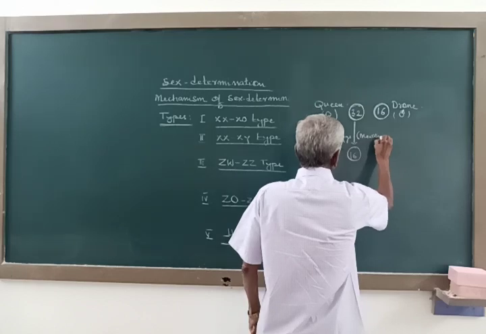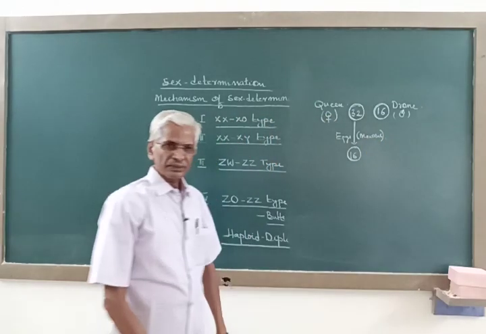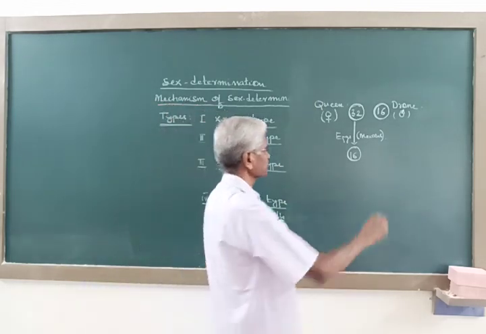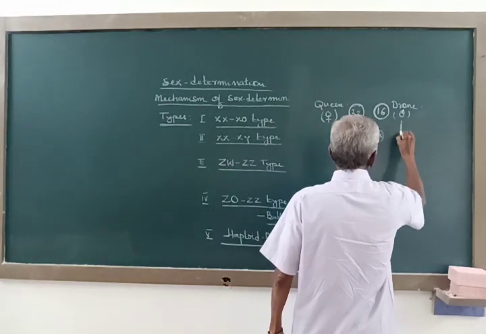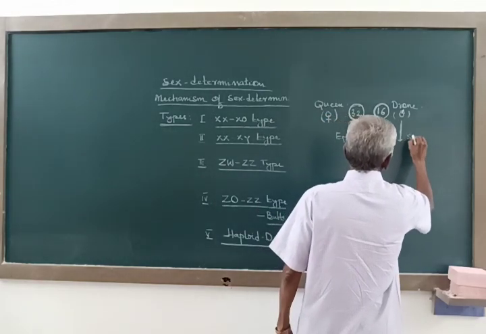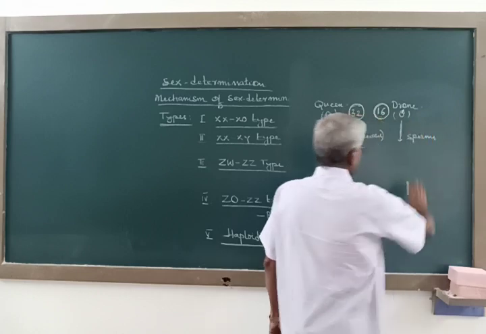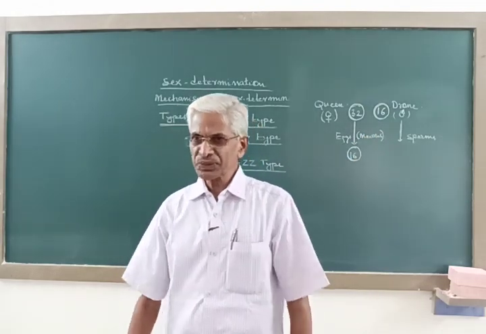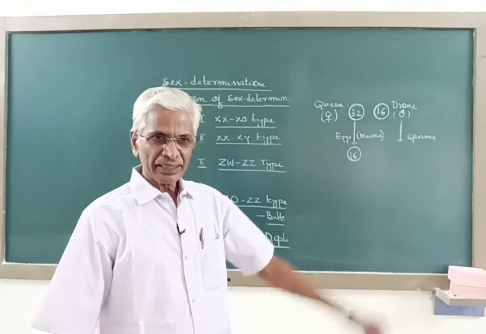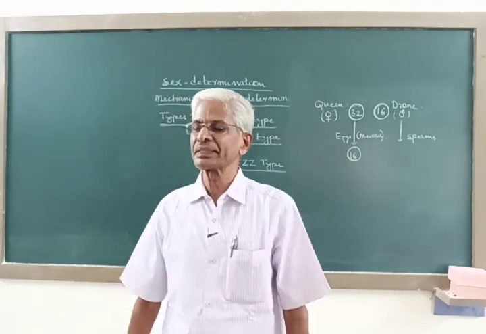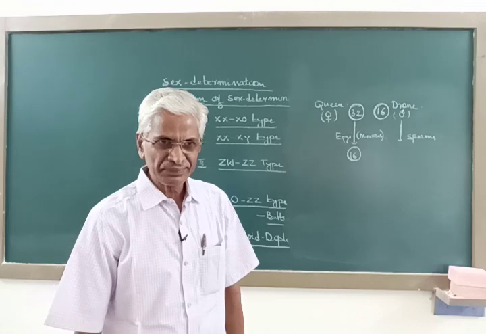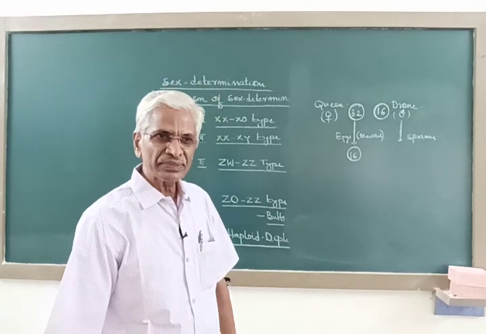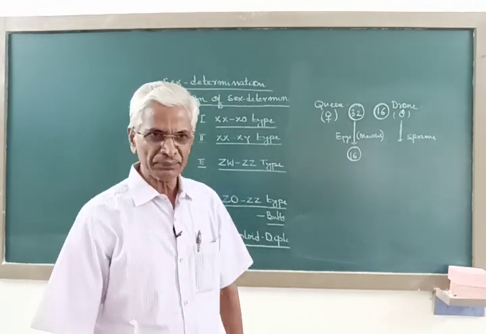It is meiosis that produces the eggs, and they will have half the number of chromosomes, n number of chromosomes. Now the drone, or the male, produces the sperms. The sperms are the male gamete, and in the male, gamete formation is again by meiosis, so the chromosome number is reduced to half, and the gamete has n number of chromosomes, or the haploid number of chromosomes.